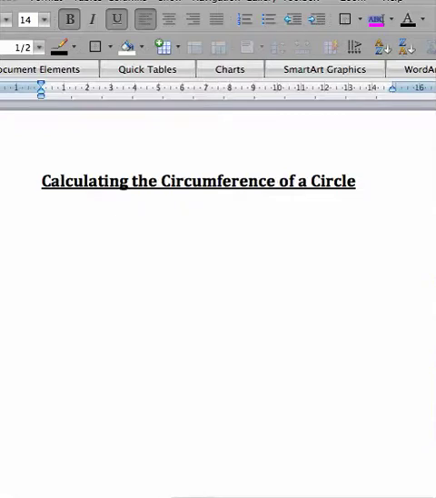Hi, so this session is on calculating the circumference of a circle and also understanding what we mean by pi and how it relates to a circle. Now there are a few keywords we need to first cover to make sure you understand these keywords and how we apply them. The first one is circumference. So if I just draw a quick circle,